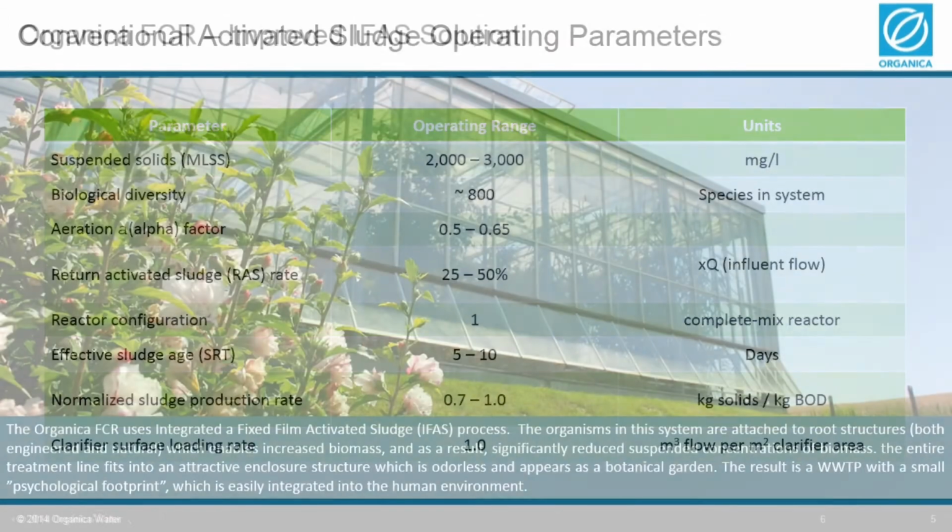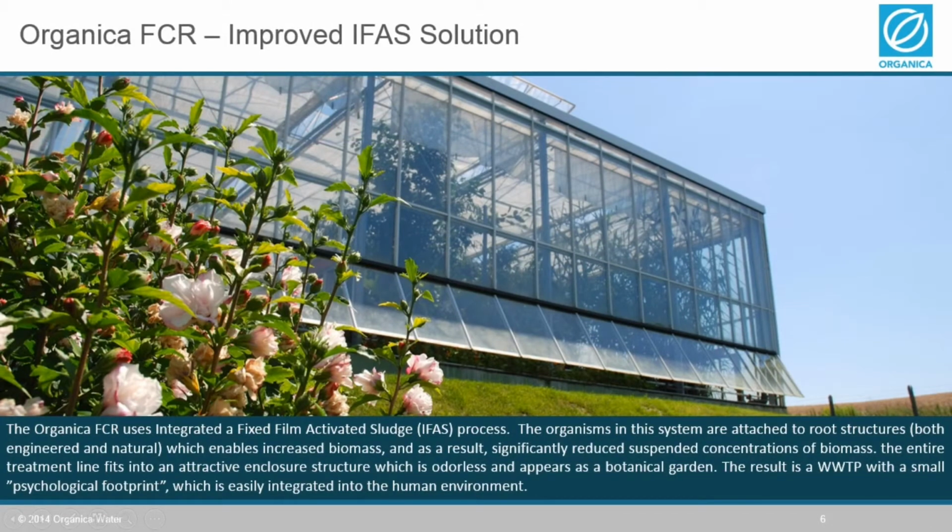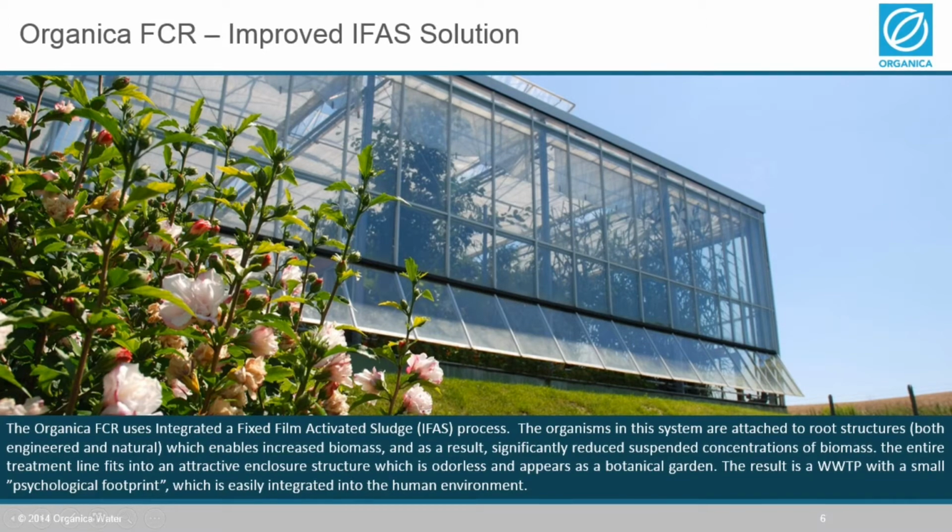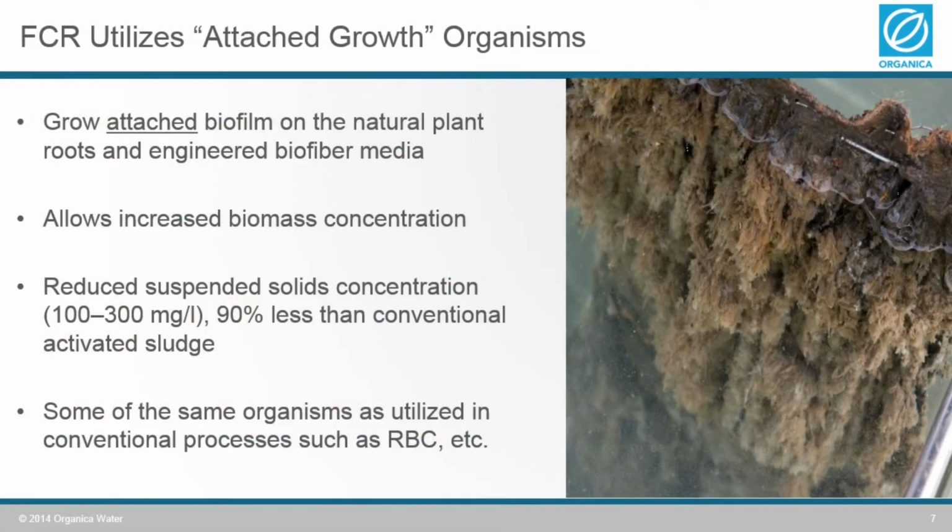end. So then if we look at the FCR, it is an IFAS solution, IFAS meaning integrated fixed film activated sludge, and it uses attached growth organisms. These attached growth organisms attach to both plant roots as well as engineered biofiber media in the FCR reactor that allows increased biomass concentrations. It also reduces the suspended solids concentrations by 90% or more relative to the conventional systems